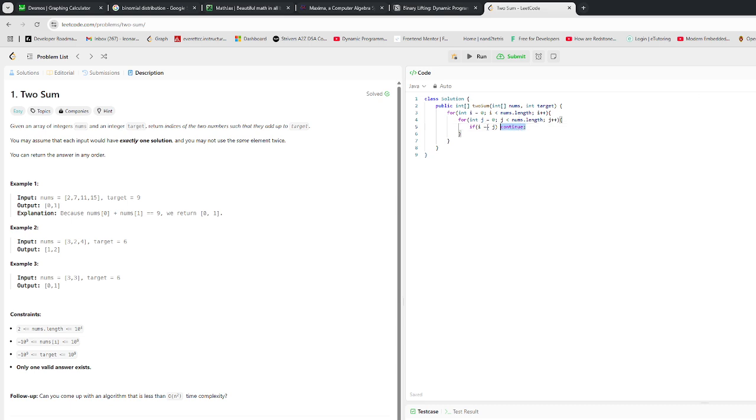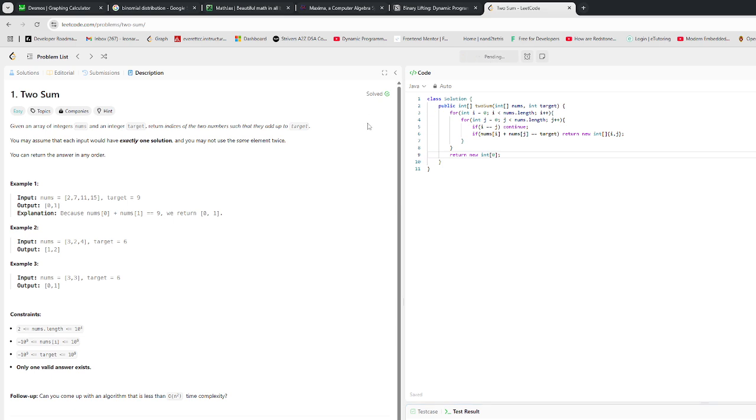We just skip if i is equal to j. We can't reuse elements. We'll say if nums[i] plus nums[j] is equal to target, return new int array i, j, the two indices. And because Java freaks out if you don't have a return condition, we'll just say return new int[0]. And if we run this,